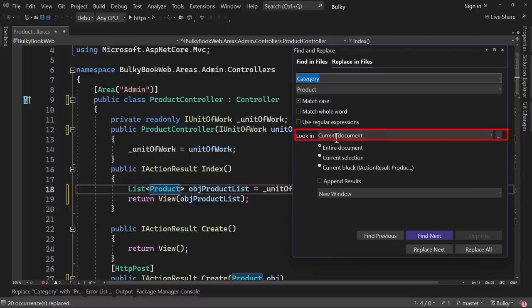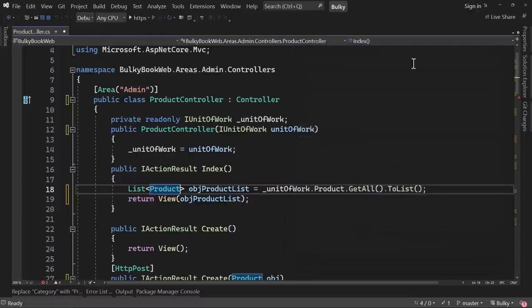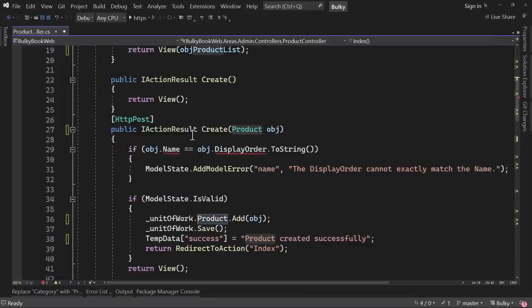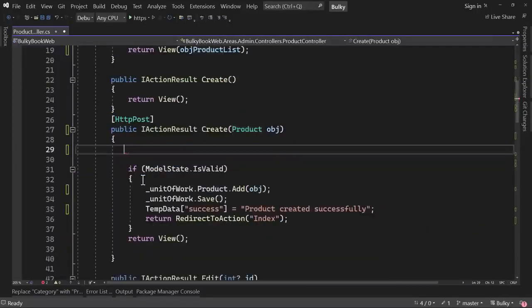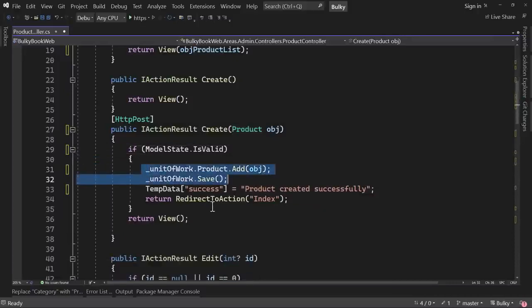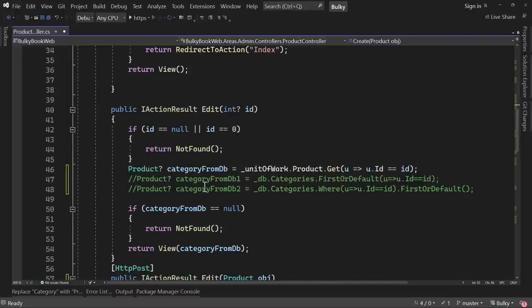that in the current document. Once you complete that, let's take a look here. Perfect. On unit of work, we are going into product and retrieving all product. Where we have the create, we do not need the custom validation, so I can remove that. And this looks good. Inside the edit get action method, we are retrieving the product here, and rather than category,